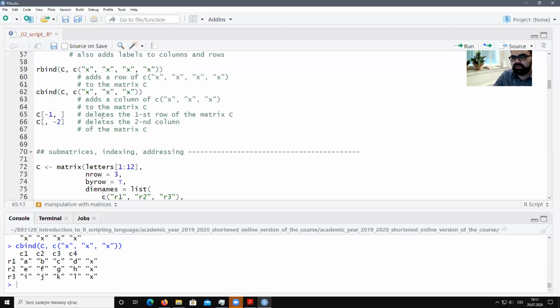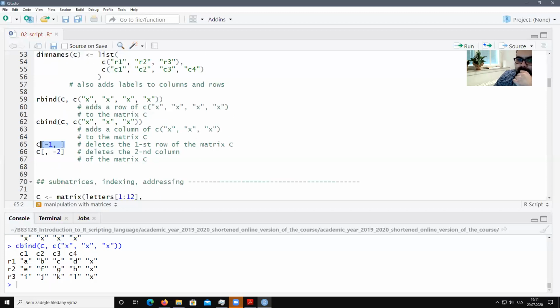The minus notation stands for removing rows or columns. So if I have a matrix C and I'm just going to use bracket notation, not the round brackets, but the square brackets. By this, I told you that before the comma there is information about rows. After the comma, there is information about columns. So this means that I just